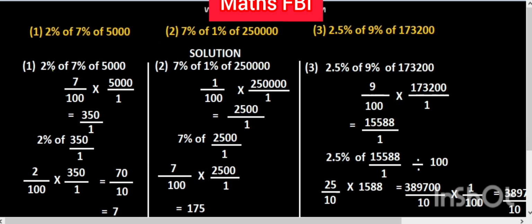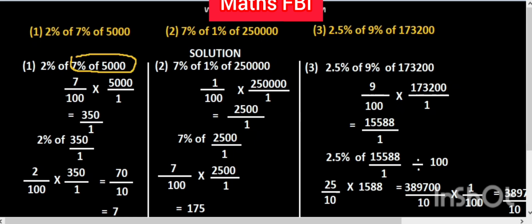All right, starting with question number one. This question may look complicated or complex, but it is not. You just follow me as we solve this together, all right? So the first question says we should look for 2% of 7% of 5,000. So the first thing to do, let's solve for